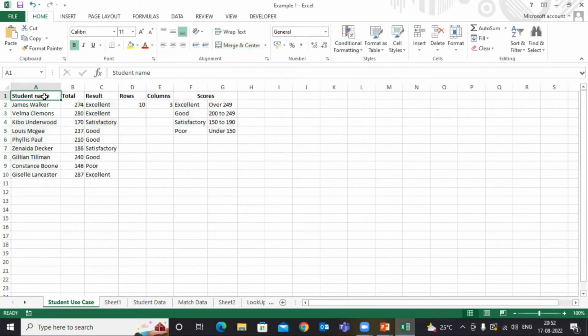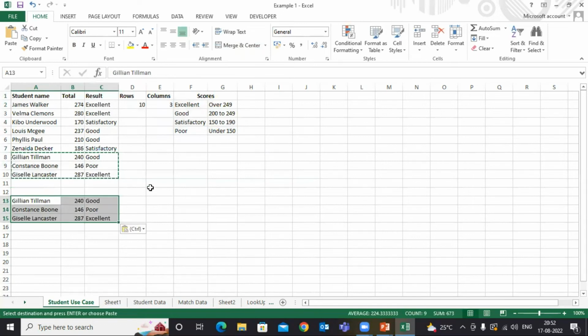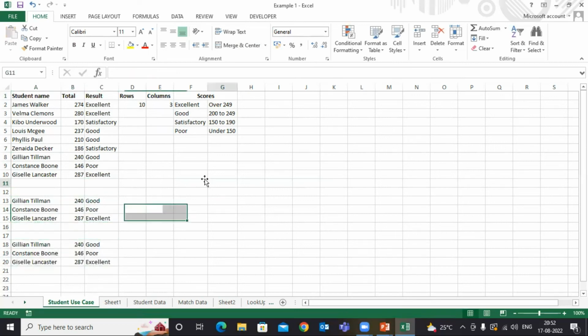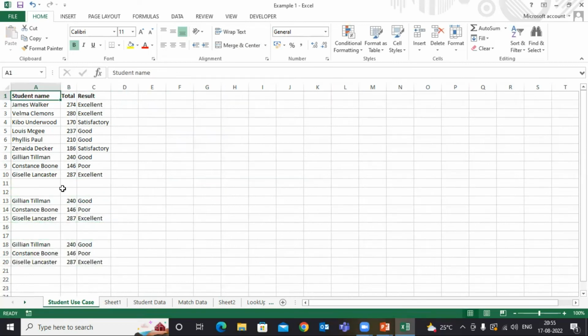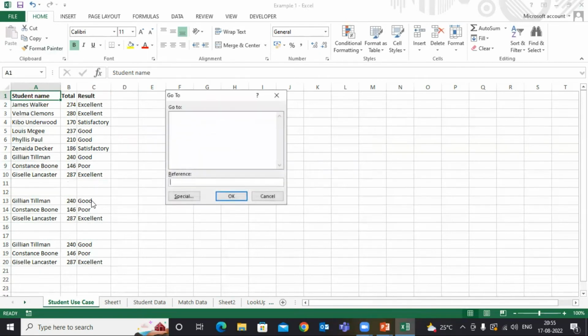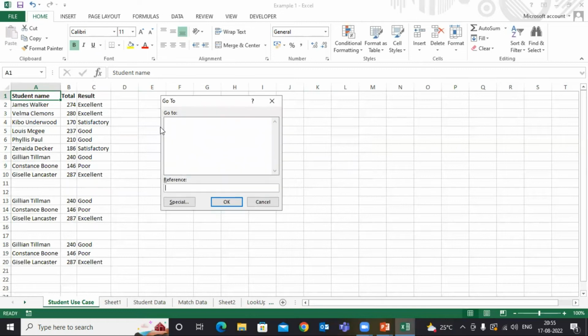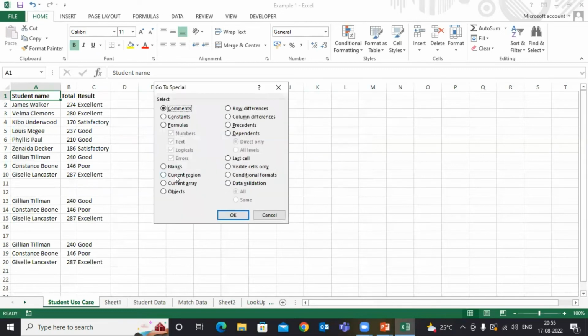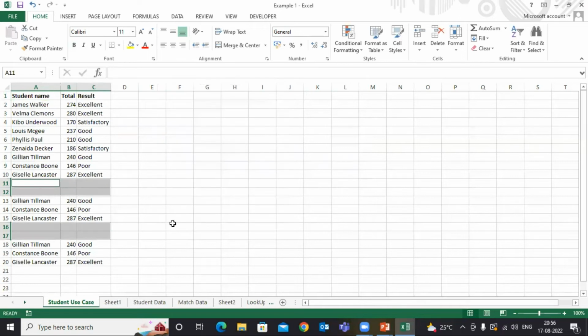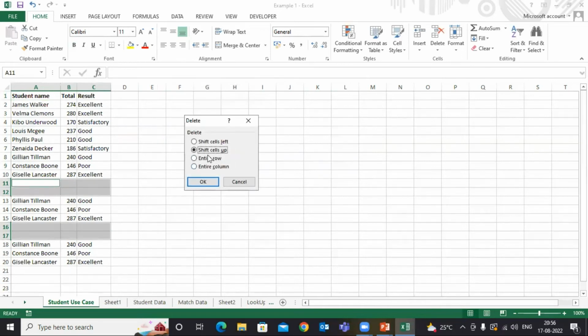In a similar way, let me copy this data and paste it here. Okay. Now let me also copy this and paste it. Assume that we are dealing with bulk data with blank rows, and we need to delete them. So we can do the same thing, function F5. We get the Go To pop-up, click on Special, select Blanks. We select OK. Can you see it has selected only the blanks, and you can press Control minus, and it will pop up the Delete dialog,